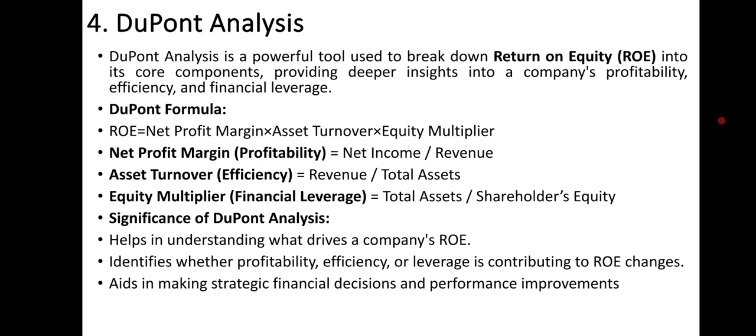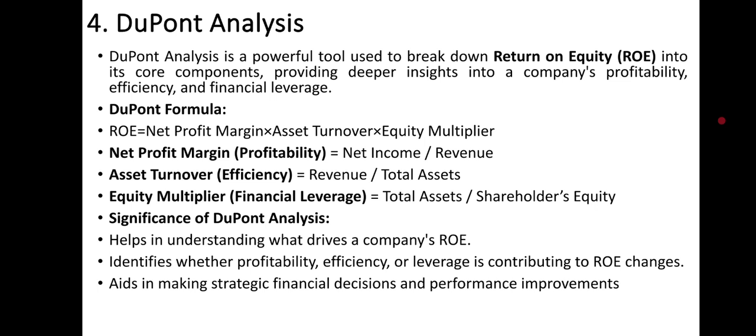Fourth, we have the DuPont analysis. Basically, DuPont analysis is a powerful tool used to break down return on equity into its core components, providing deeper insight into a company's profitability, efficiency, and financial leverage. So this is the formula for DuPont analysis. ROE, that means return on equity, is equal to net profit margin multiplied by asset turnover